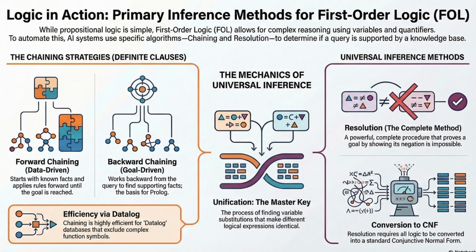Because Prolog has a blind spot, a very dangerous one. It uses depth-first search. Meaning it dives down the first rabbit hole it sees. And sometimes that rabbit hole has no bottom. The classic example is finding a path in a graph. Imagine you want to go from point A to point Z. You have a rule: there's a path from X to Z if there's a path from X to Y, and a link from Y to Z. Sounds logical: to go somewhere far away, go to a midpoint first. But look at the rule again. To find a path, look for a path.